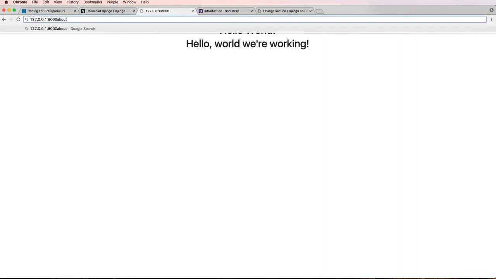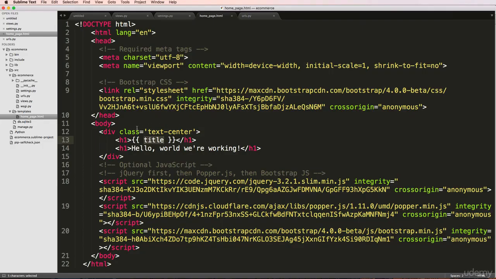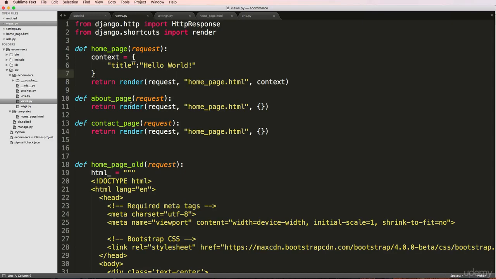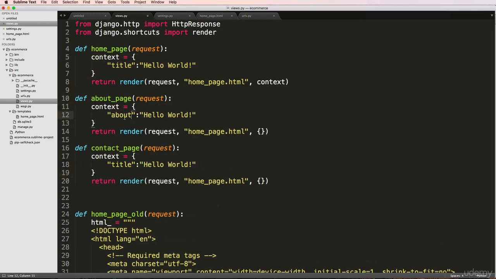If I go to a different page, like /about, that actual context goes away, right? Why is that? Well, it's not actually on that page, right? So I don't actually have any context in here. It's empty. So I can add some more context in. So we'll just say about, and we'll say about page, and we'll say, not about, but rather title. Keep the context variable the same, or the key the same. And then finally, we will have